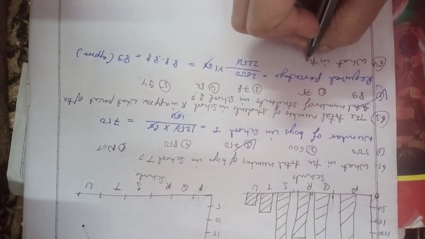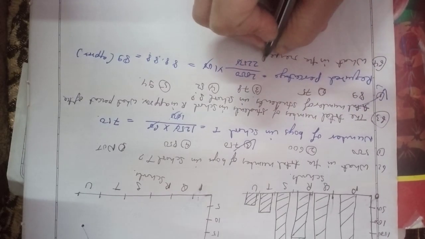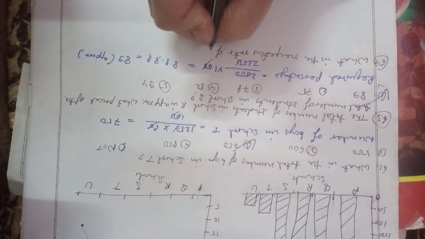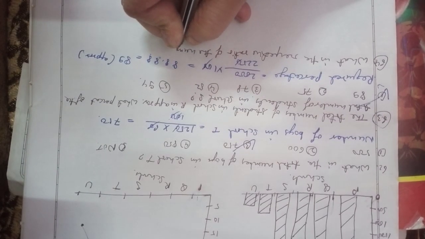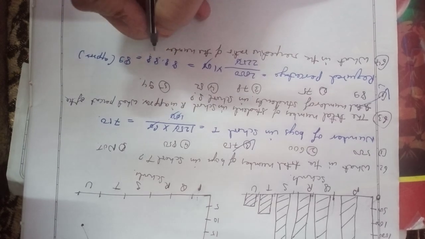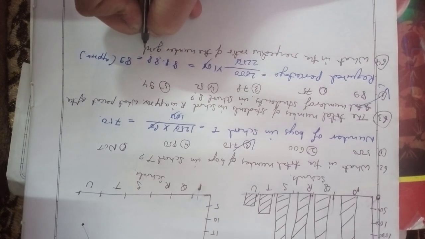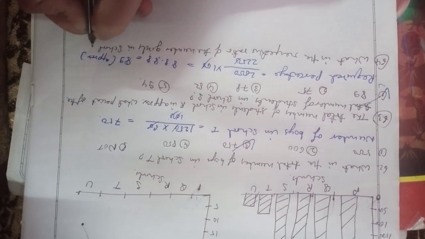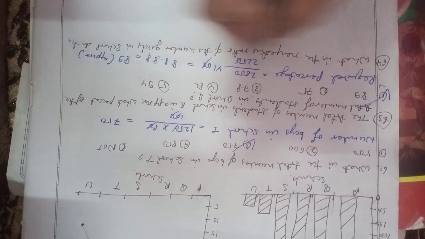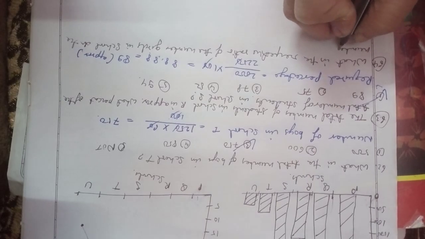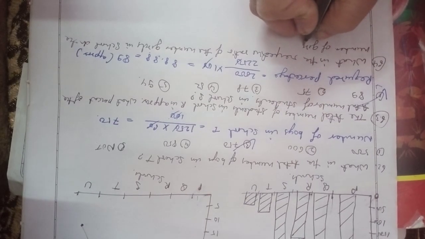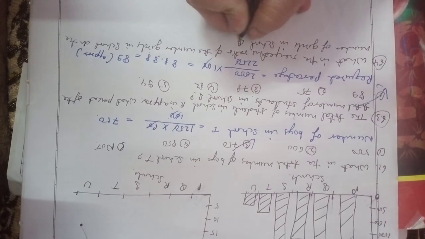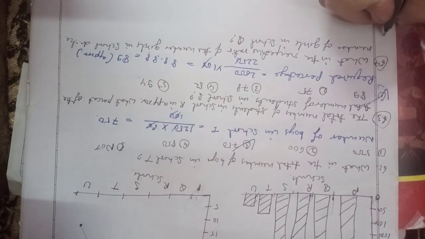What is the respective ratio of the number of girls in school P to the number of girls in school Q? Options are